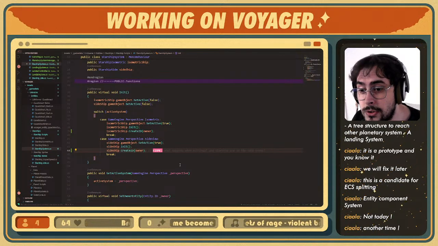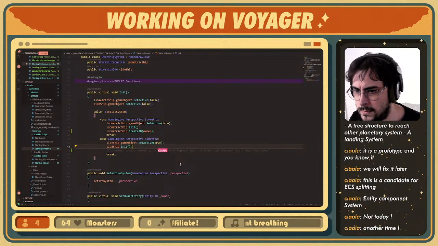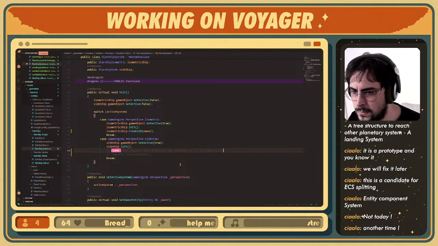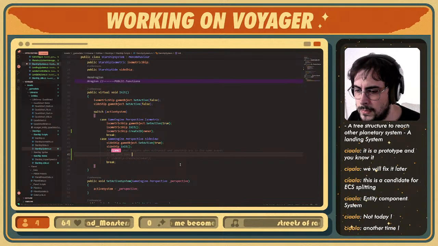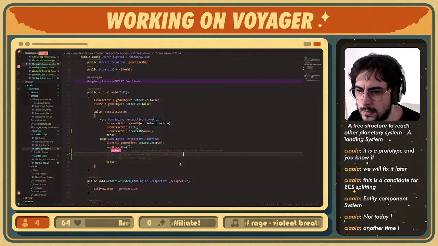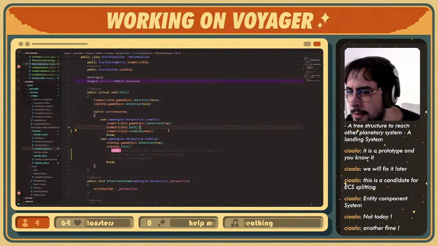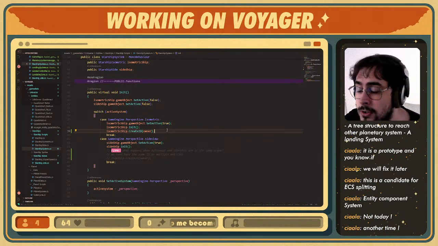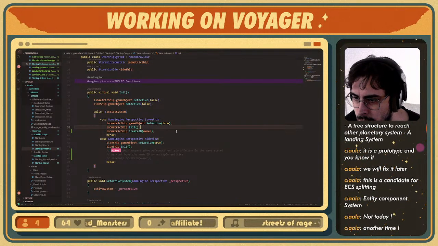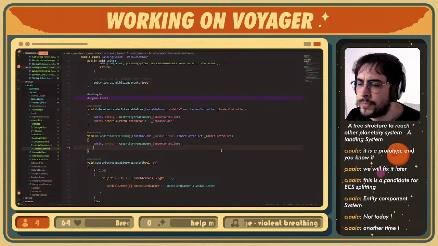For now, I'm just going to do this. Okay, perfect. So whatever. Now the only entity that's going to have the astronaut ID is the starship, so the isometric ship. So now what I have to do is say if